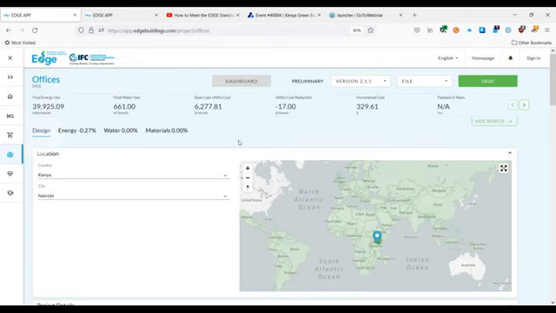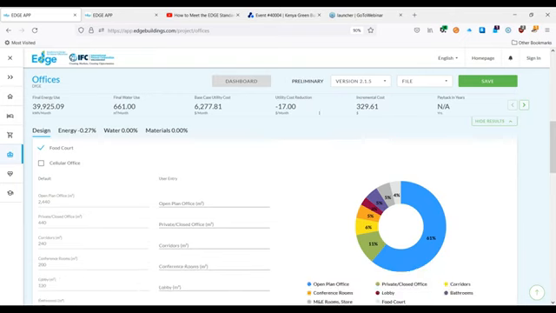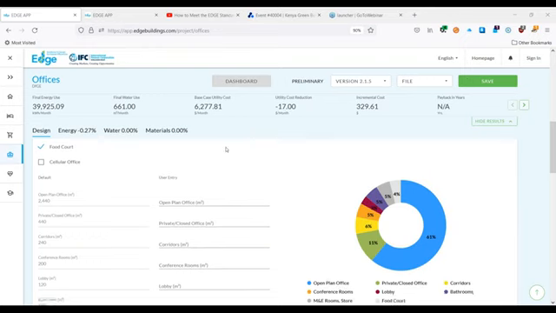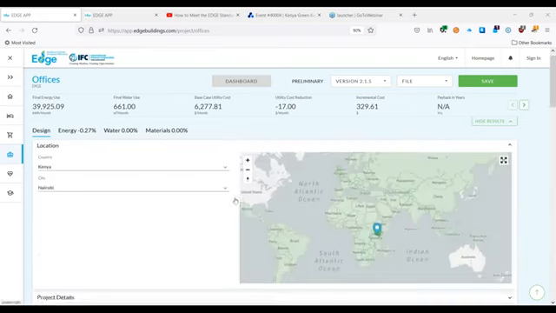Okay, I trust we can see the Edge app. Francis, just confirm you can see my screen, please. The Edge app. Confirmed. Yep.